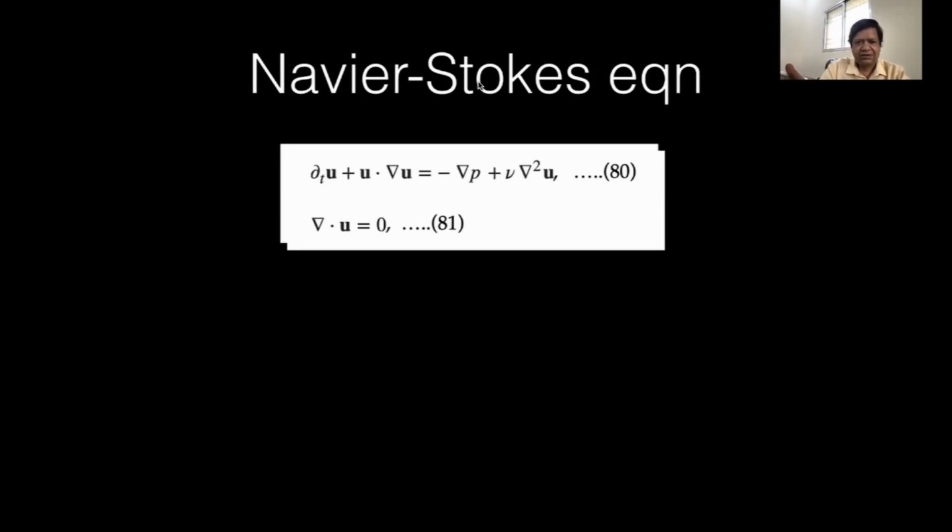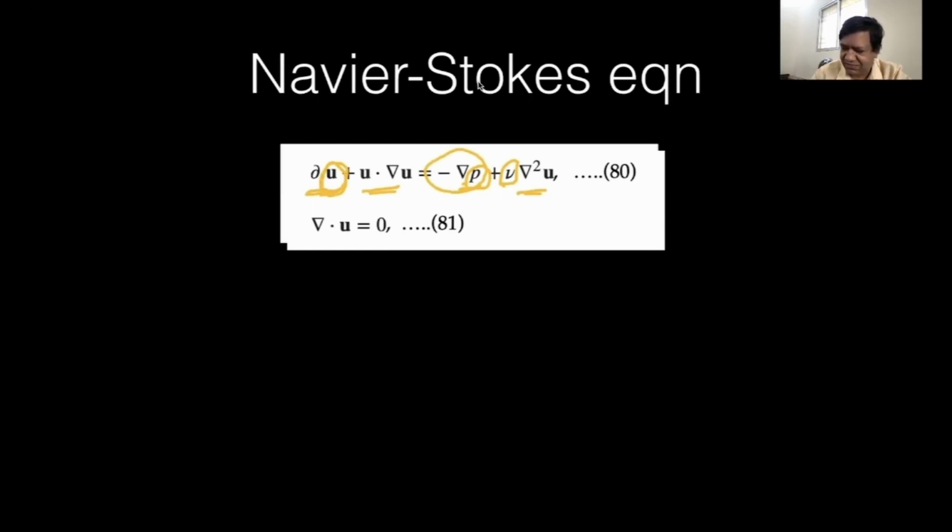So far we used spectral methods to solve the diffusion equation, wave equation, and Burgers equation. Now we take up a more complex equation called the Navier-Stokes equation. This is the equation for fluid flow. We have a fluid velocity field in a room, and I want to see how the velocity field changes with time. So here the velocity field U,